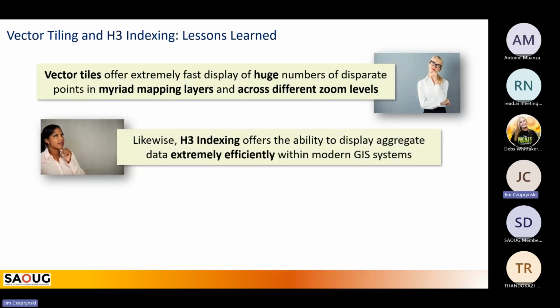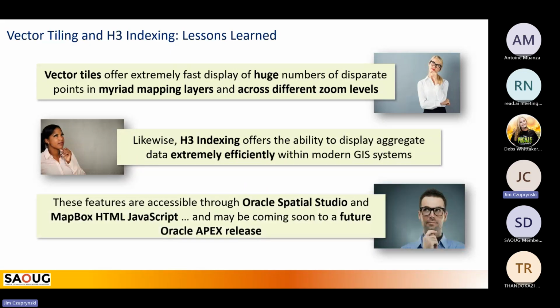So wrapping up, and then I saw there was one or two questions. I'll try to answer those as best I can. What are the advantages of vector tiles? Faster display of disparate points across multiple mapping layers and across different levels of zoom. If you joined a little late, you would have missed my Apex native map region example, but you saw the difference in how quickly I navigated those. And guys, I'm running this demo, right, on a cheap laptop without a GPU accelerator. So again, you can get the idea that if you don't have super powerful technology on the client side, it could make a huge difference.